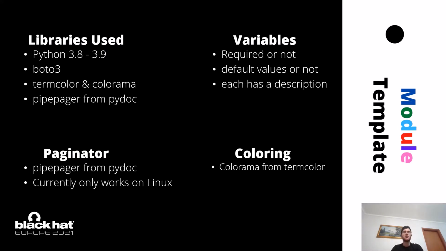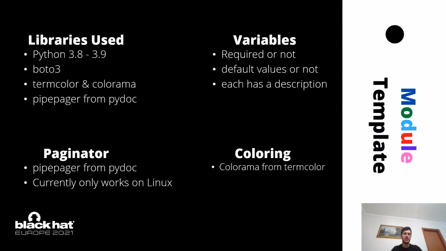They are grabbed by the tool automatically from the module, and they are stored on the module in the form of a dictionary, so they can be easily grabbed by the tool and you don't have to do much manual work. As I said, the pagination is done by the PyPager, and it uses less to